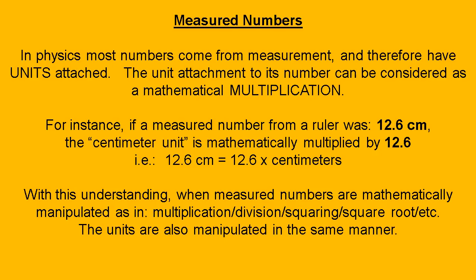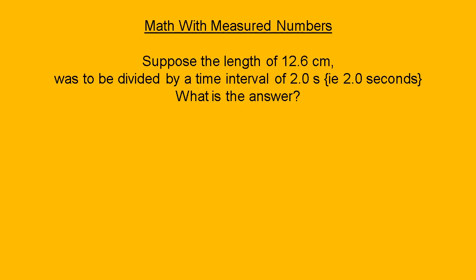We understand that when measured numbers are mathematically manipulated, as in multiplication, division, squaring, square root, etc., the units are also manipulated in the same manner. So, suppose we have a length of 12.6 centimeters, and it is to be divided by a time interval of 2 seconds. What's the answer? Well, 12.6 centimeters divided by 2 seconds